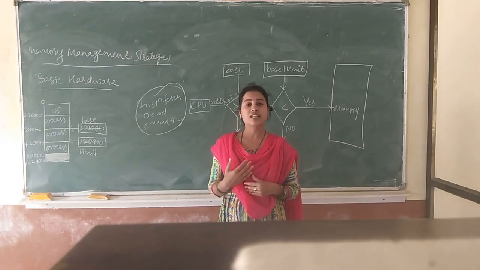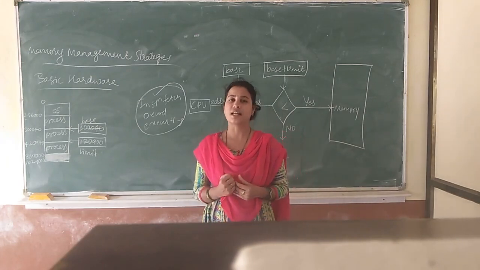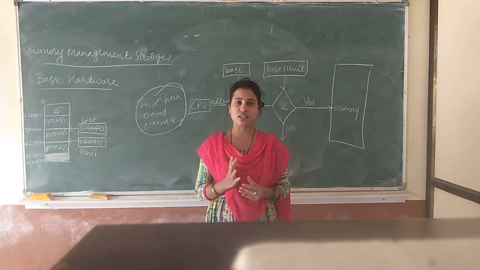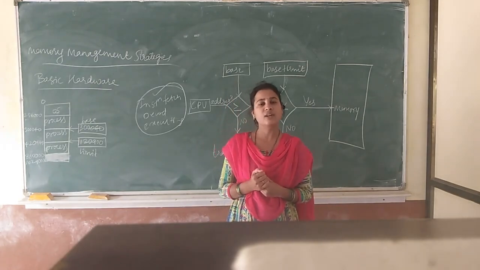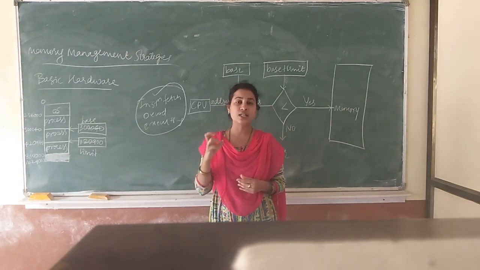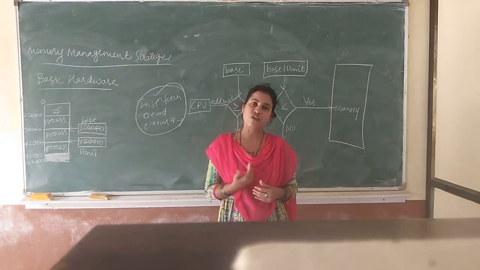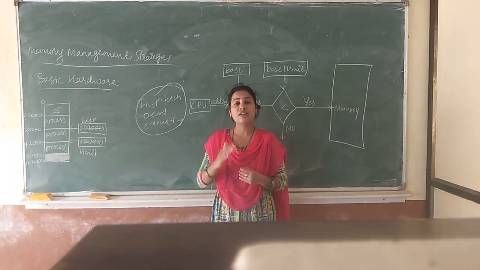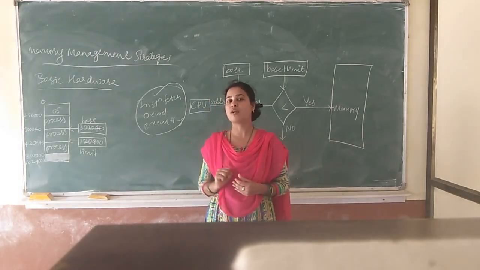These registers are present with the processor itself, very close to the processor. So they take less time; only one CPU cycle is taken for the execution. If the data and the instruction are present in the registers, it takes only one CPU cycle for its execution. Suppose it is not present in the registers, then we have to approach the memory, is it not? Accessing the memory takes more time.